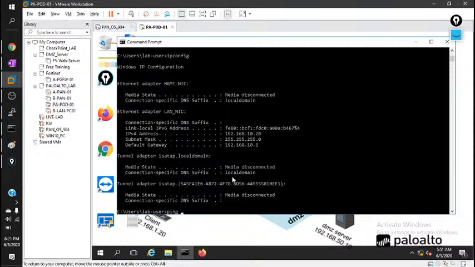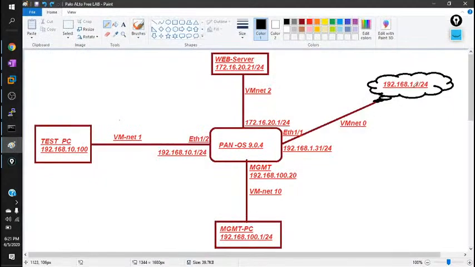From here, 192.168.1.1. Let me ping this ISP router.